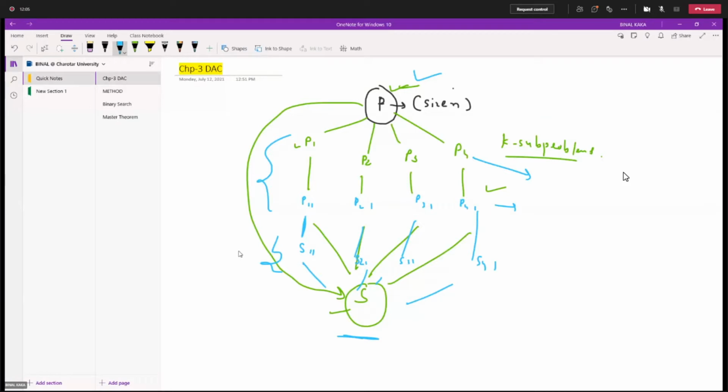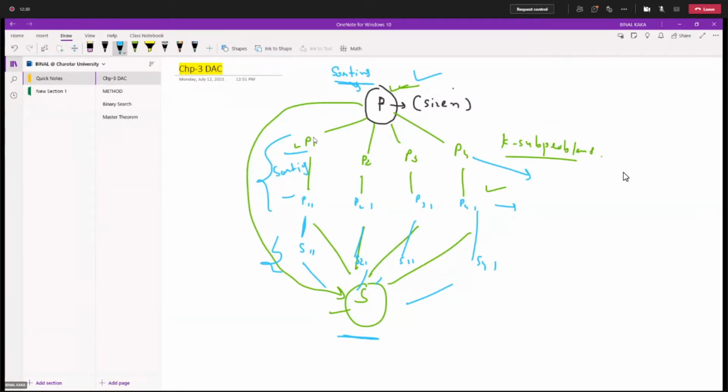What I mean is that, assume the problem is a sorting problem. Whenever you divide this sorting problem into sub-problems, these sub-problems are also sorting problems. The nature of the problem should be the same. So again, I'll revise the definition: if the problem is sorting, then the sub-problems are also sorting problems. Each and every sub-problem is sorting only.